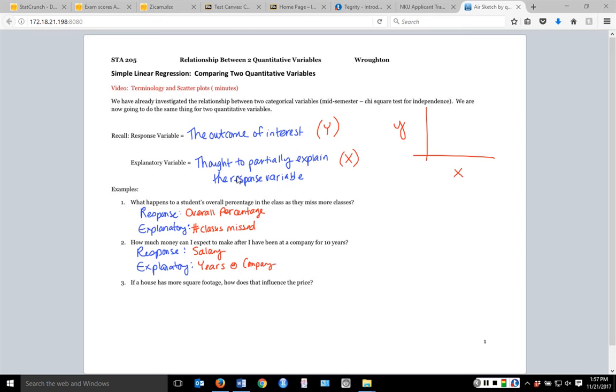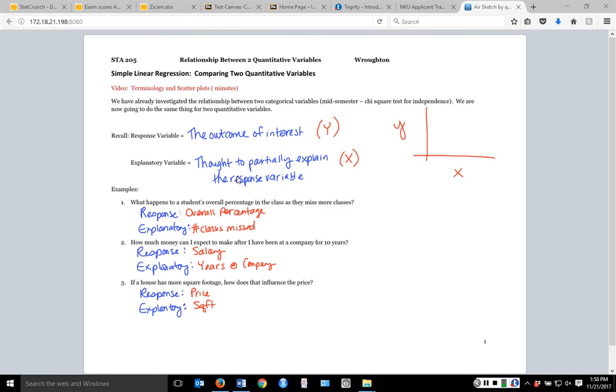And this last one you might want to try on your own before you completely watch the video, and make sure we're okay with defining which one is which. So feel free to pause it here if you would like. Alright, hopefully what we came up with on this one is that the response variable would be the price of the house. That's what we're going to be interested in actually knowing. And what we think actually impacts that would be the square footage of the